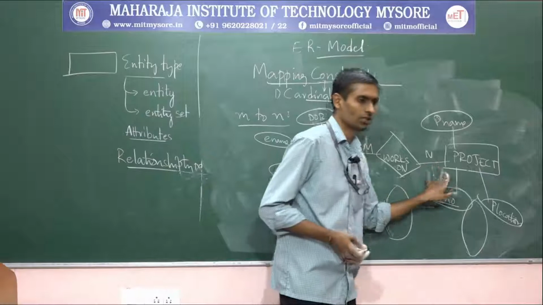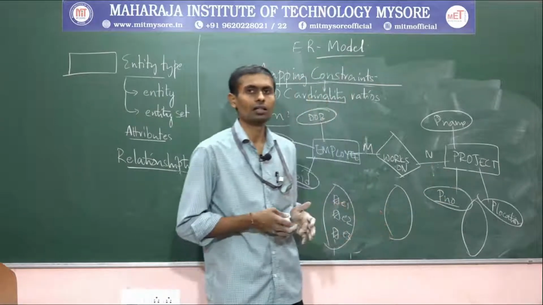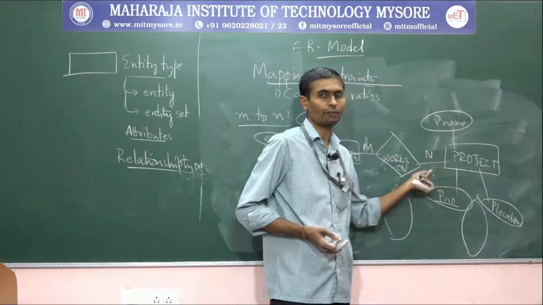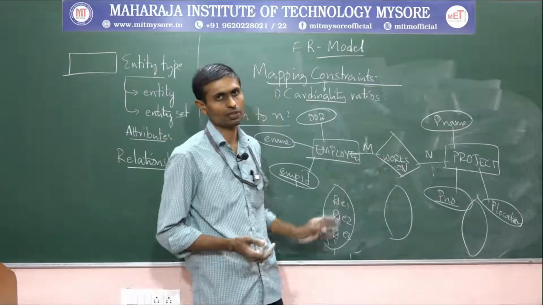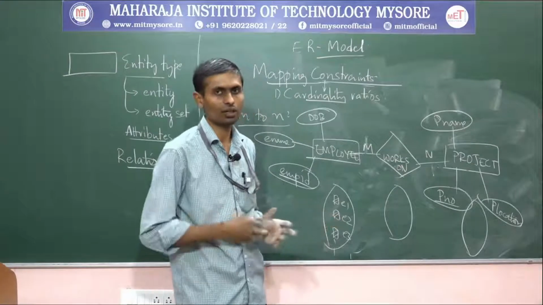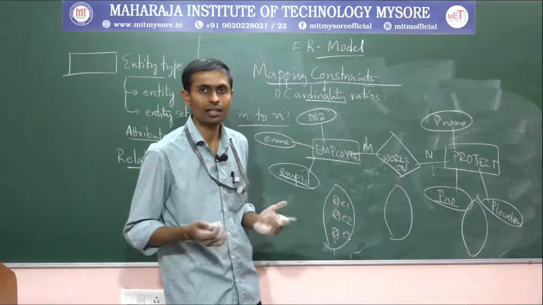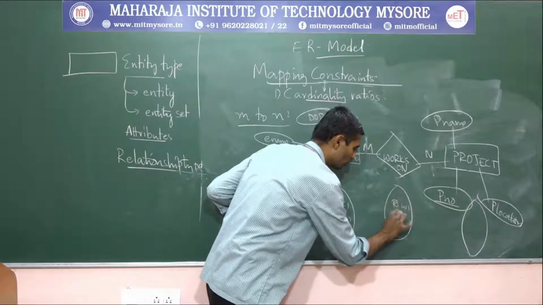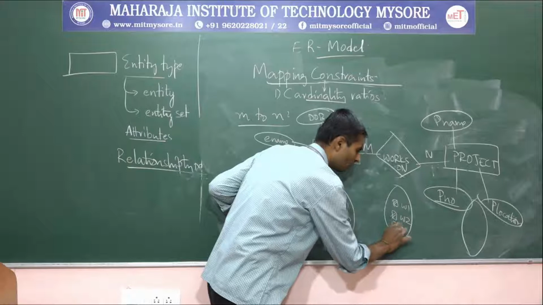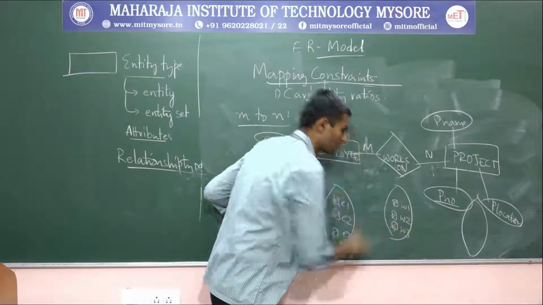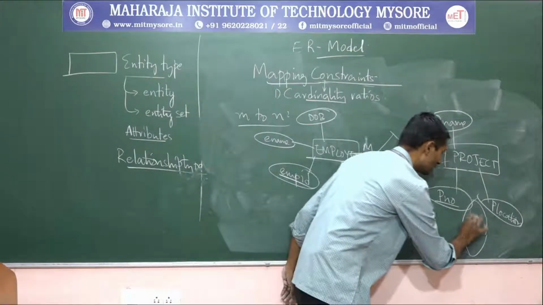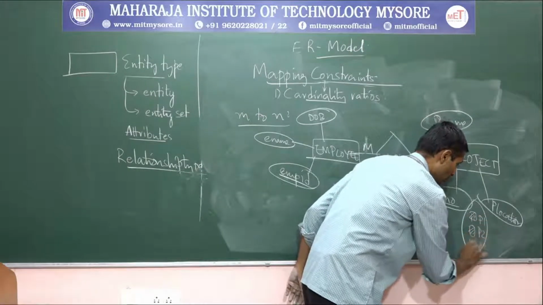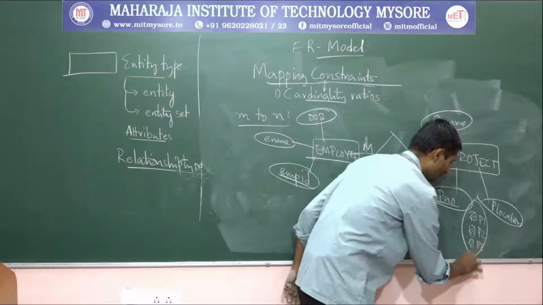And let's assume there are a few projects just now started, but still they have not recruited any employees. At this point of time, even this project entity type becomes what? A partial participation entity type. It all depends on the assumption or the scenario we are having in the requirement part. So let's assume this is all W1, W2, W3, you can give any user defined name for these relationships. And these are project entity types, entities, P2, P3, some instances I am writing, a number of instances.